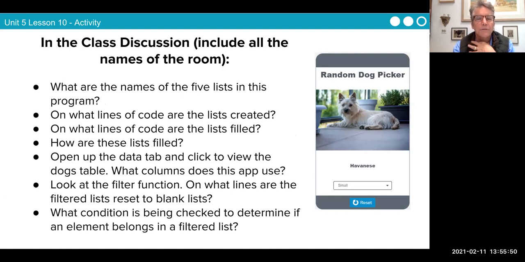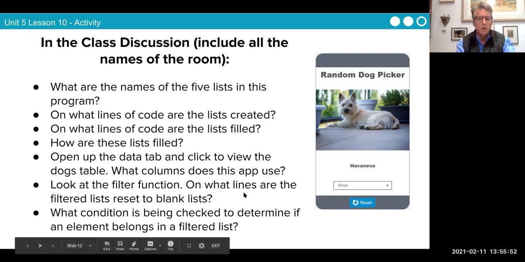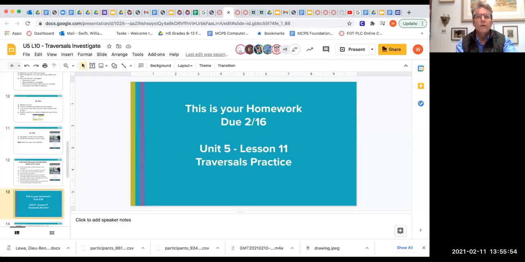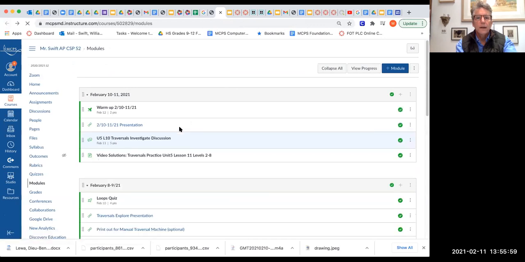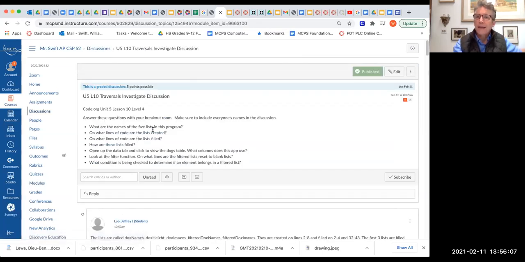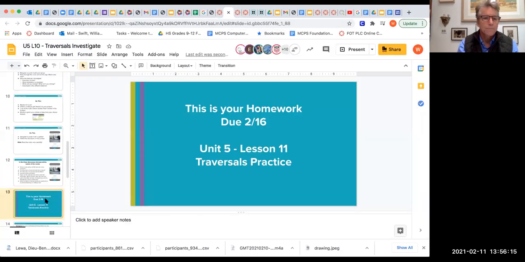So in the class discussion, let me quickly show. In our module, there is a class discussion. Right here, U5L10 traversals investigate discussion. Just open this. This is at the end of class, not right now. When you're all in there, it's going to be about 10 minutes. What you're going to do